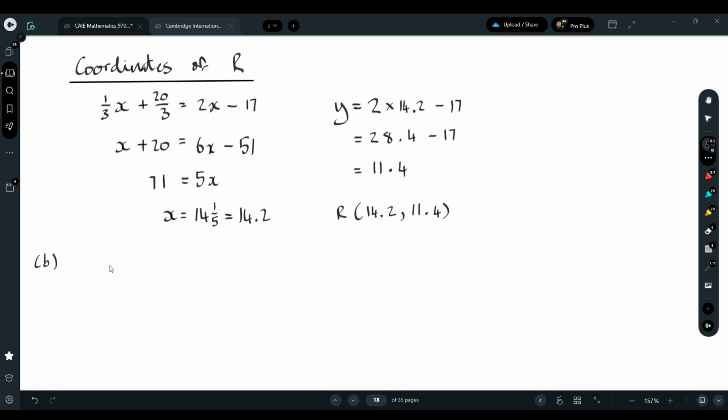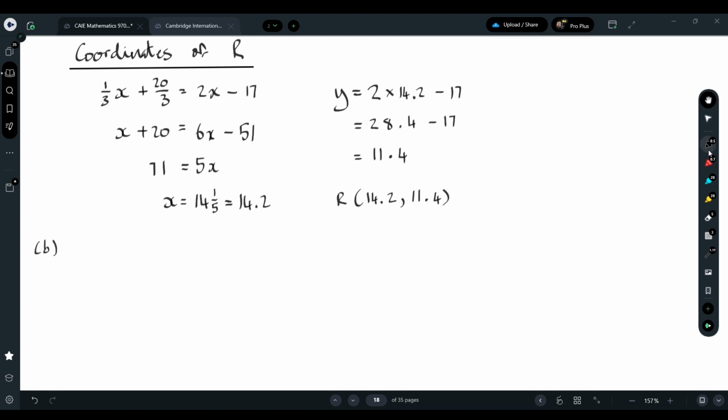This is a slightly uncommon question, but a very good question to go through because what we learn from it can be applied in different types of questions that we may be faced with in exams. Okay, so if we remember, the point P is the point (4, 8), the point Q is the point (9, 1), and the point R is the point